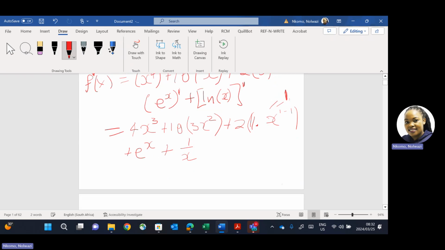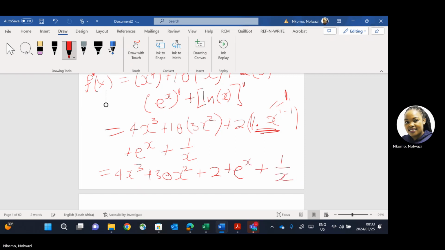And then the next step is to simplify everything. If you simplify this, you'll have 4x cubed. 10 times 3x squared, it's plus 30x squared. We said here it's 1. So we have 1 times 2, which is just 2 plus 2 plus e to the power x plus 1